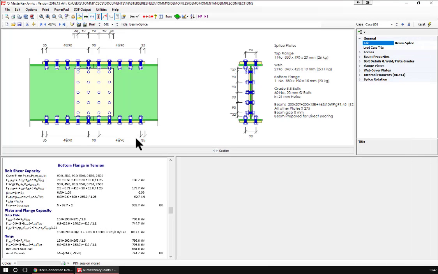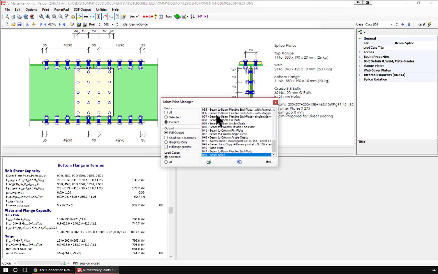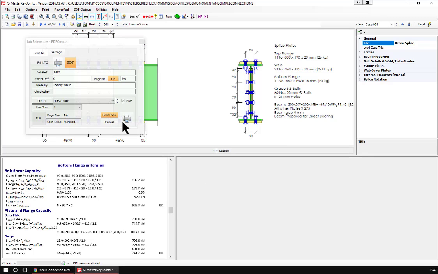You also don't need to take as many pages of output as that. If I go back to print and take, for example, current plus that one, and that one, I get asked for the graphics and summary only. And I could also say that I want a full page graphic each time. And this time when I go to print and print